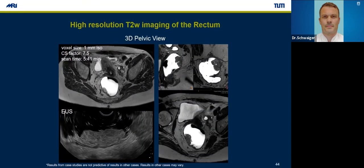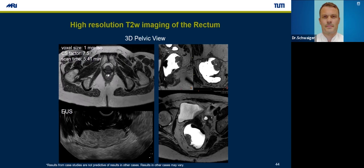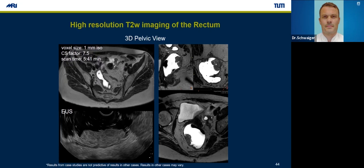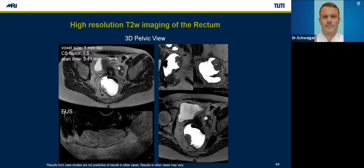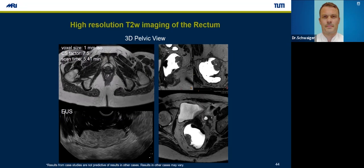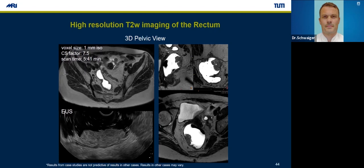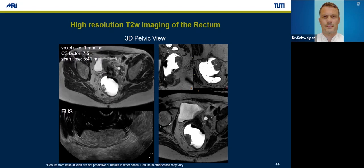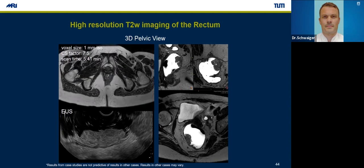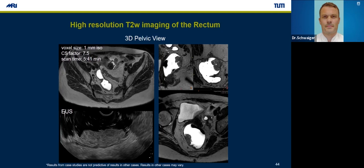This is a nice example how we use Compressed SENSE in the pelvic region for rectal cancer staging. So with a Compressed SENSE factor of 7.5, we now acquire a 3D data set, and this allows post-acquisition reformatting in any particular plane. And this patient, for example, was staged by our endoscopists as a tumor that could be resected endoscopically,